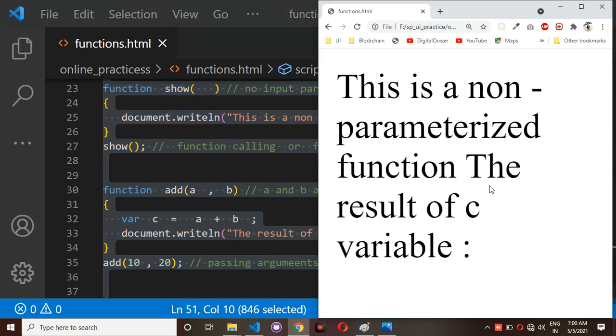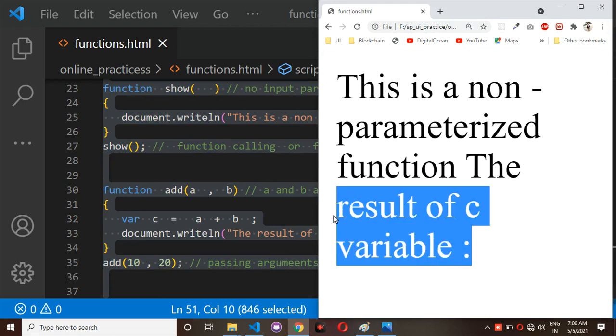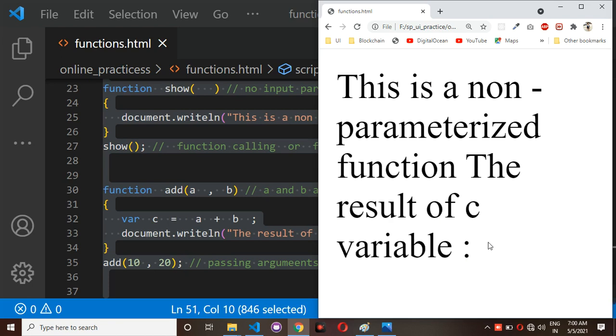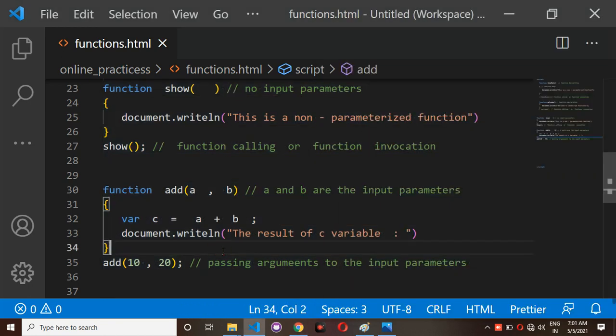the text up to the colon you have kept inside double quotations. If you have written anything inside double quotations, that will print as it is on the screen. But after this colon, I want the result as 30. So if you would like to see the output here, inside the double quotations you have written some text.